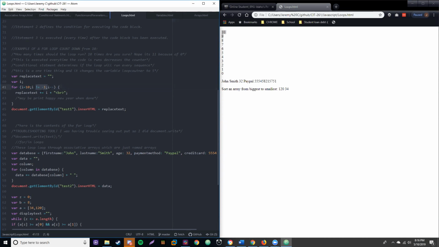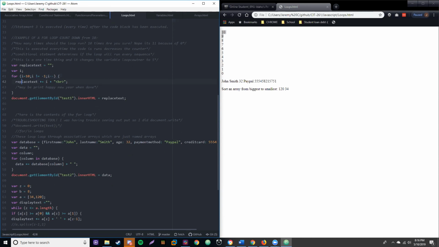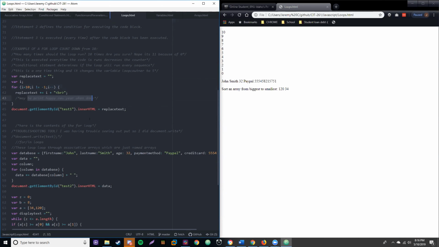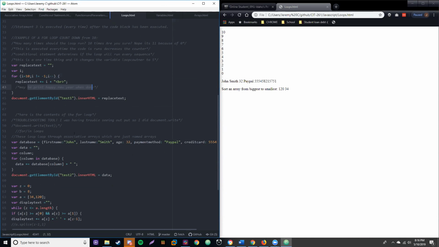I was experimenting here. So instead of doing, while i is greater than 0, for example, that's what most people would do, I decided to do not equal to -1, because it'll eventually hit -1 and then it'll stop. So it's another way to do it. Then I decided to take the text that was already there and concatenate it. That's what the plus equals means, with the value of i, which is changing here, and then add a break so we get the whole countdown. I was going for the Happy New Year, but I got really frustrated and didn't end up doing that. Anyway,